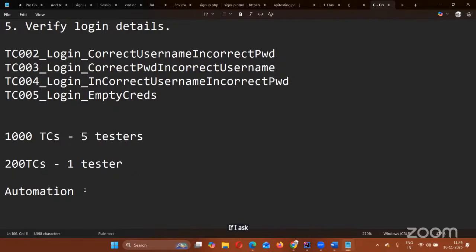If I ask a manual tester to do 1000 test case executions 2 times in a month, do you think he'll be able to do it? Do the same 1000 two times. If I say that to the manual tester, do you think it is going to happen? Do you think he'll be able to do it? Hello? Do you really think if I ask the manual testing team to execute the same 1000 test cases one more time in the same month,